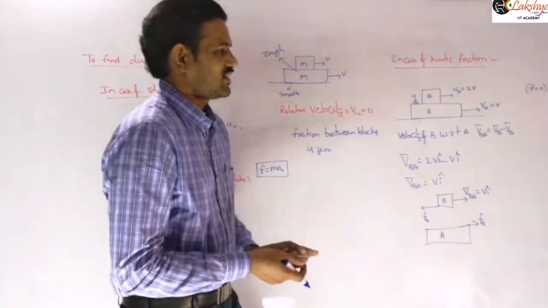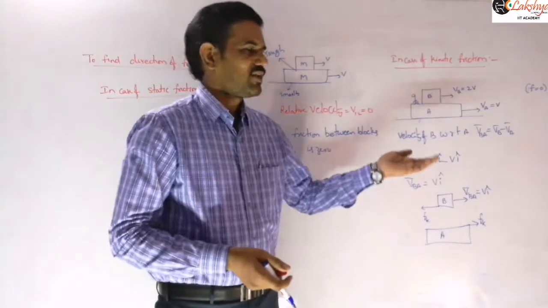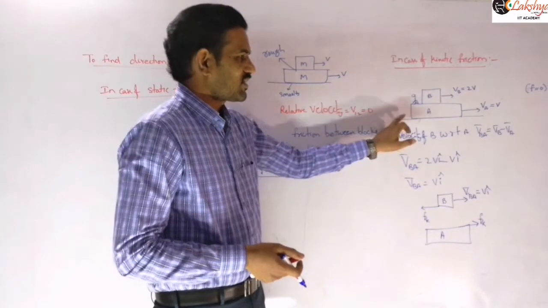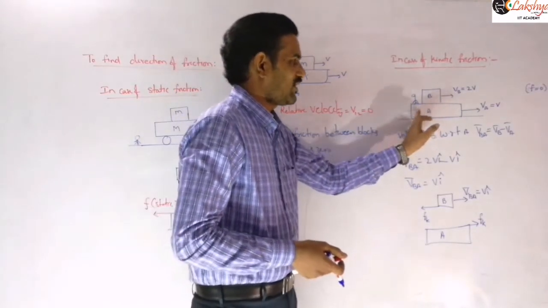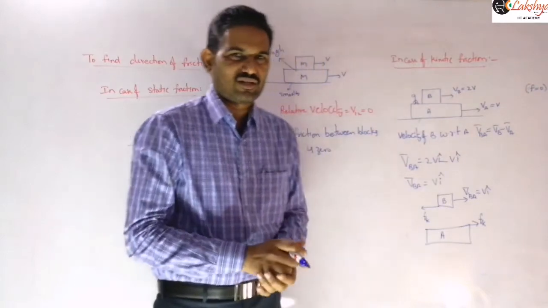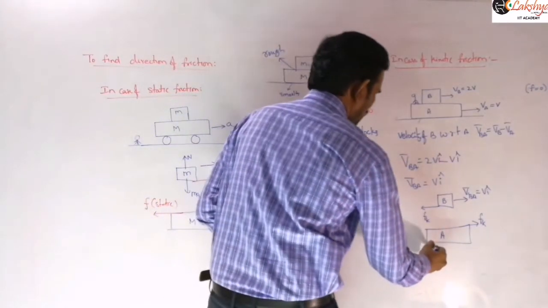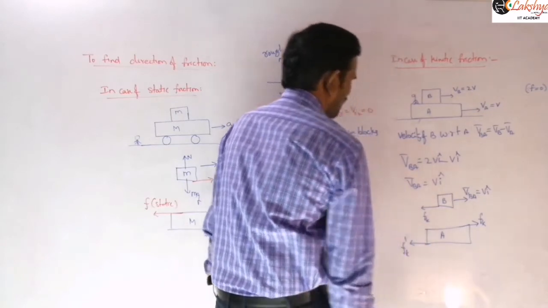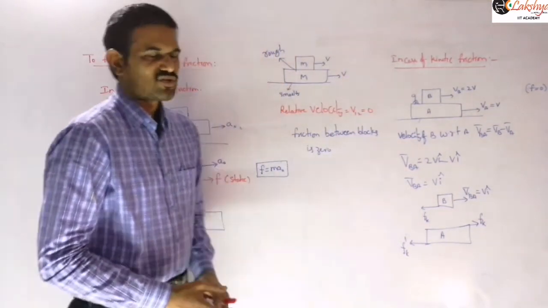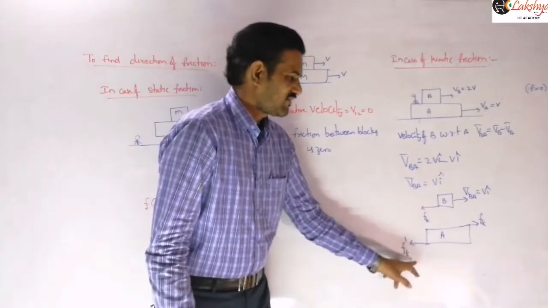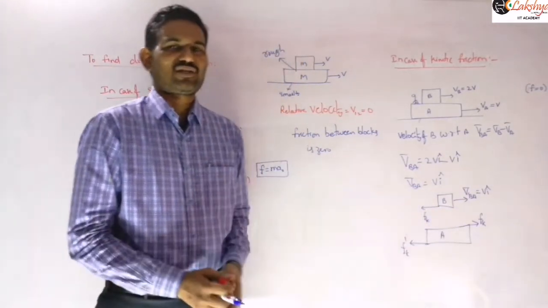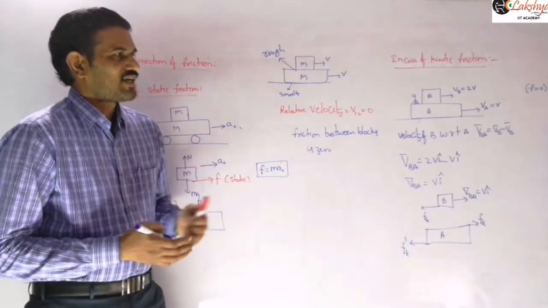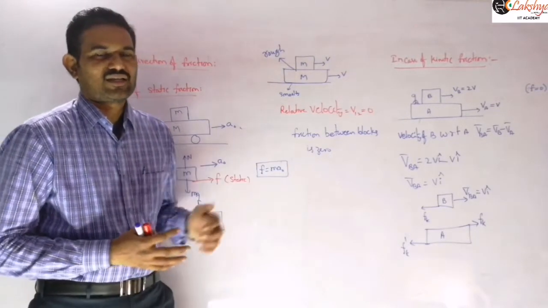And as we are considering this floor is also a rough surface, there will be another frictional force from this floor also. And clearly you can say that with respect to this floor, the plank A or the block A is moving towards the right here. So then you can easily answer that friction from the floor will be along this direction here. So let it be some F dash K I am taking here, some different friction. So the different friction will act here. So that will be the direction of frictional force acting on this A here, right? So that is identifying the direction of friction in case of this kinetic friction here.